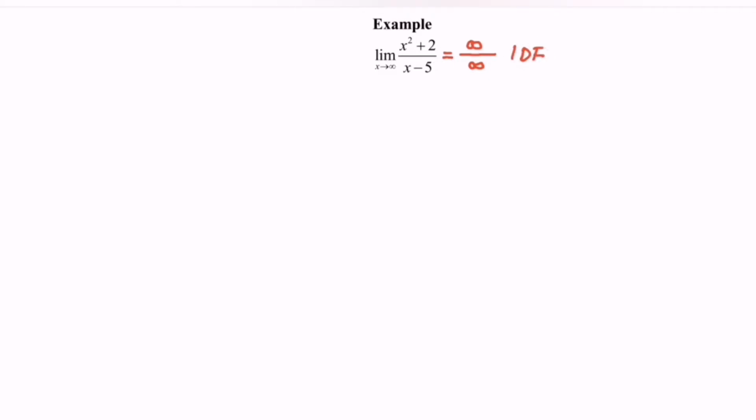So what is the strategy to solve this kind of situation? Dividing the numerator and the denominator by the highest power of x of the denominator. Again, the highest power of x of the denominator. So, what is the highest power of x for the denominator? So, the situation would be